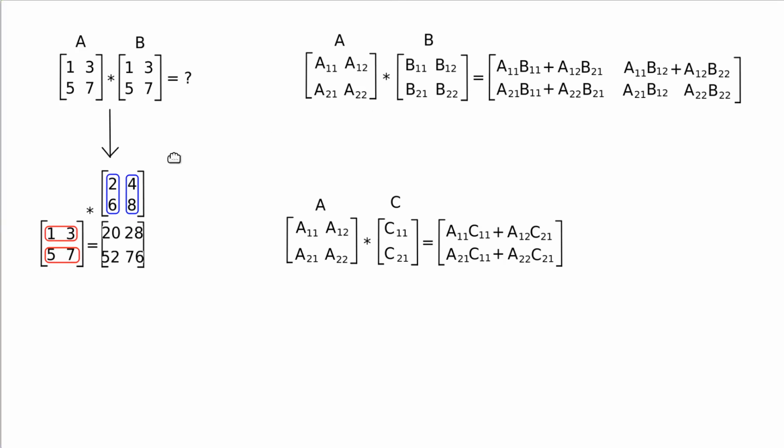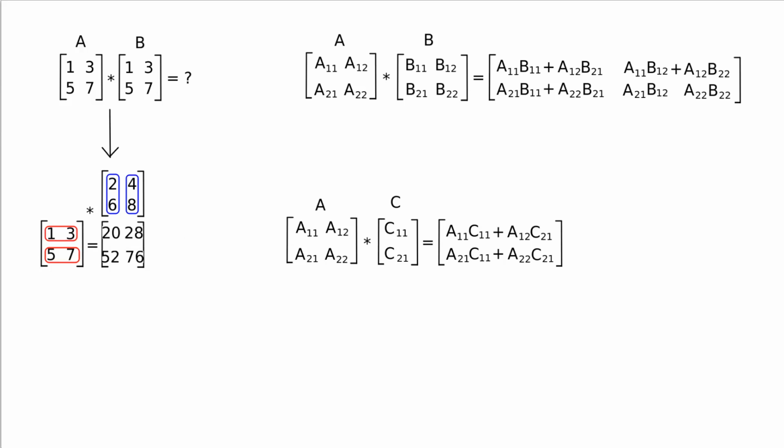And this can be represented symbolically like the following. Any general matrix A times matrix B is equal to this matrix. So you can prove it to yourself if you want by adding up all these values and computing these, that this is equal to this. This is always true. Likewise, you can multiply a 2 by 2 matrix A times a column vector C and get another column vector. And it can be shown that this relationship is also true. So anywho,